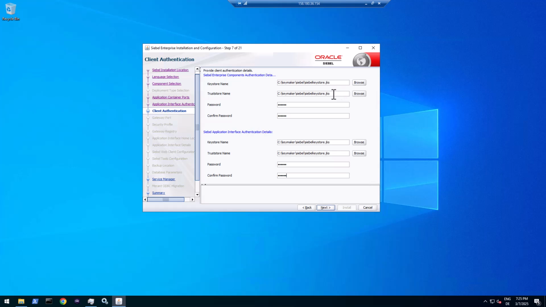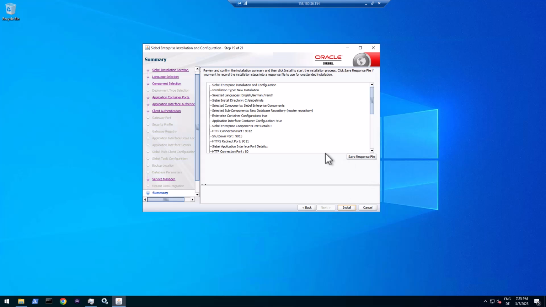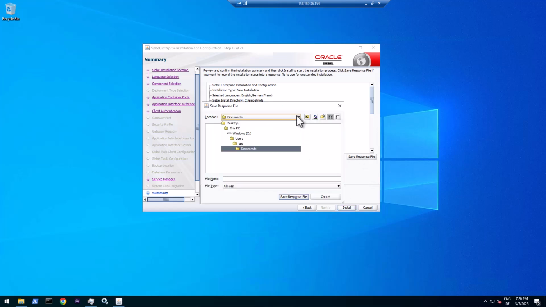Usually in higher environments, in more serious environments, you have a separate trust store, and of course you don't have a self-signed certificate, you have a real certificate from a real certification authority. But enough about certificates. Now, do we want to restart services? No, thank you. And here we go. So we can save that response file. Always a good idea to save it. Let's save that. That's install MDE RSP